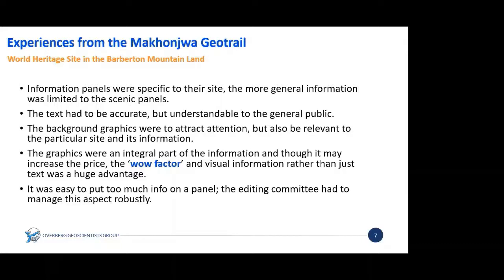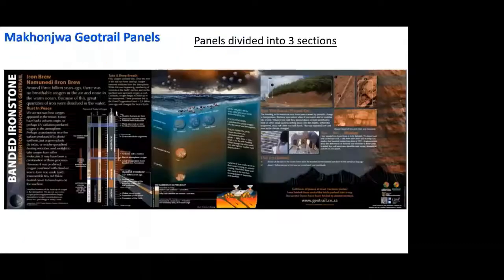Yes, this was probably the most difficult part of the entire process: cutting down not only on the amount given on each panel, but the level of it. We really had to be very, very careful about how much we said and at what technical level we said it. So let's just have a look at one of the panels now. This one is concerned with the